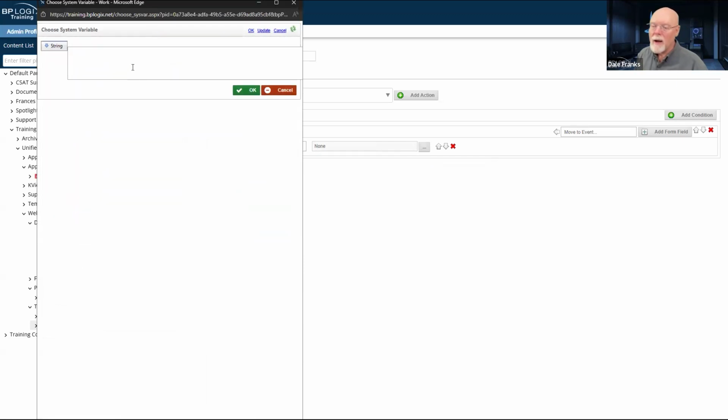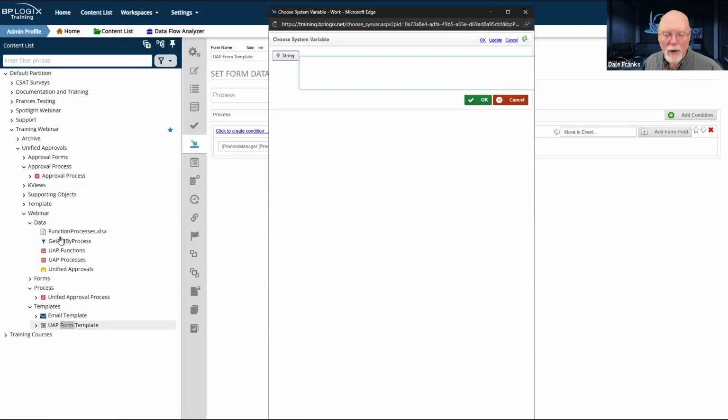string, and I'm going to have to set my rule. Now it's called get PM by process. So we're going to call rule get PM by process.